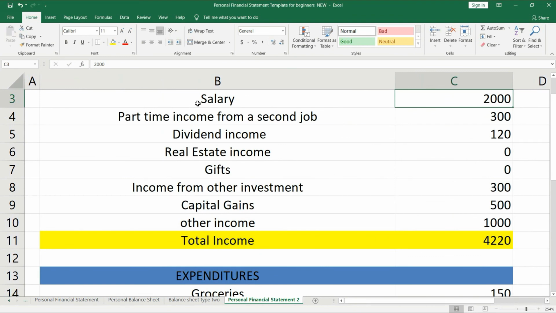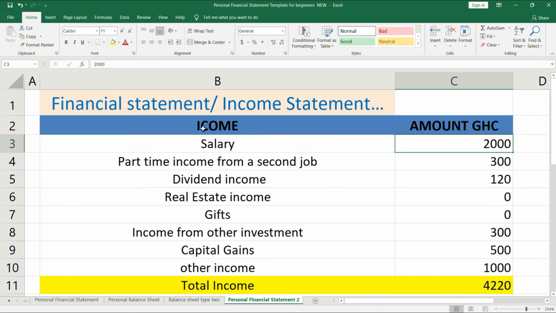Now we have salary here, and this salary is under your income. This particular individual has a salary of 2,000. Now it doesn't mean